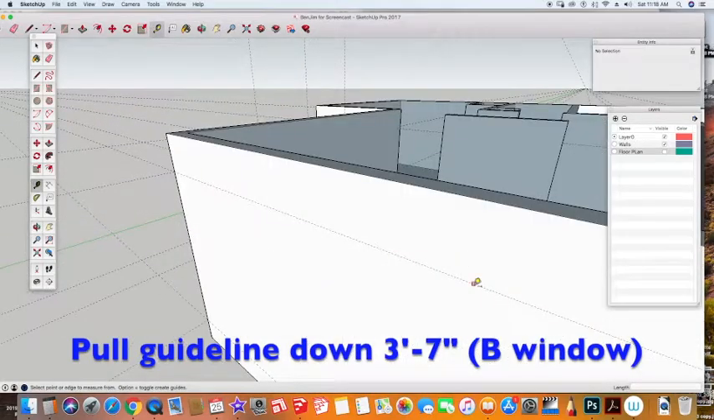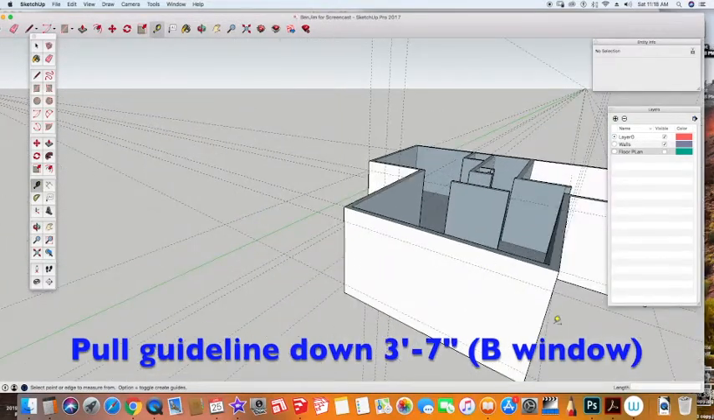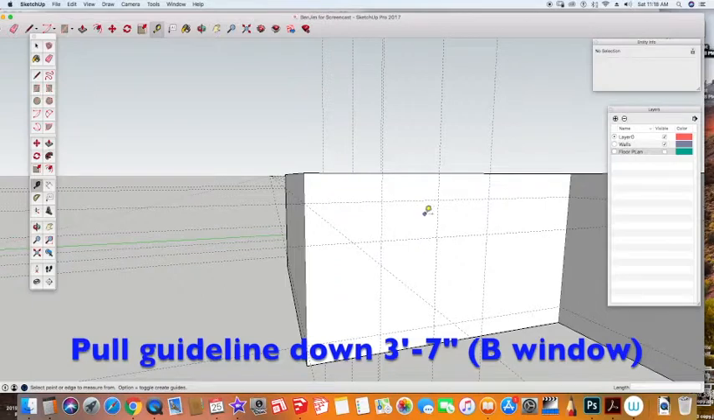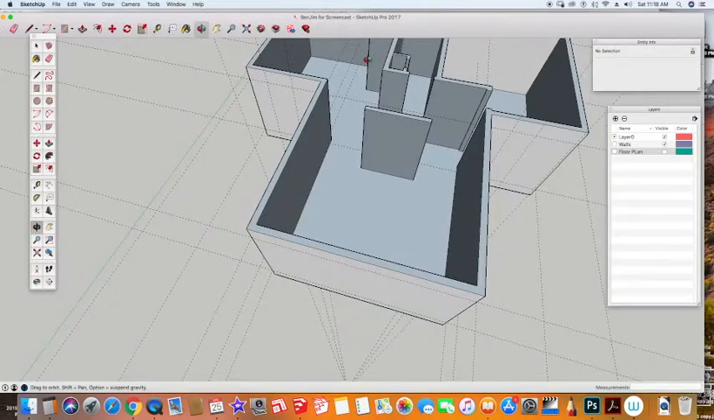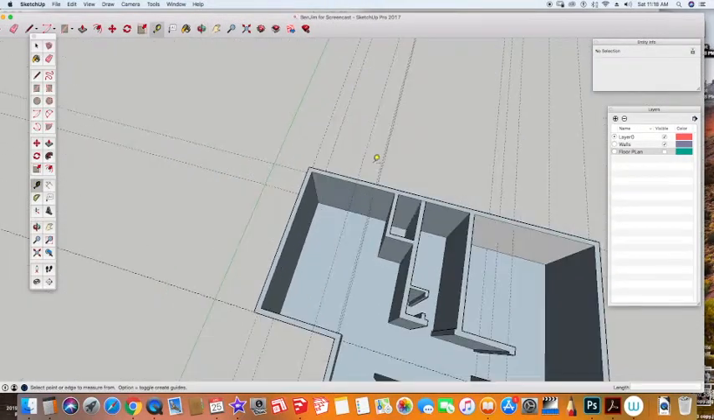So I'm going to do the same thing over on the other side, and pull this down 3 feet 7 inches. For the purposes of this tutorial, I'm going to keep the windows the same, but you might remember that I did make some changes to the floor plan right here where I blocked off the door. So the only thing that's really going to be different here is that door on this side of the building